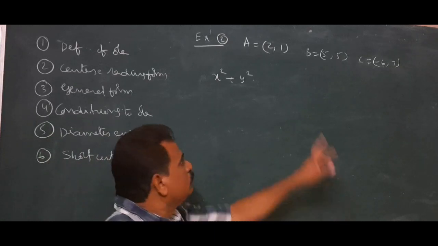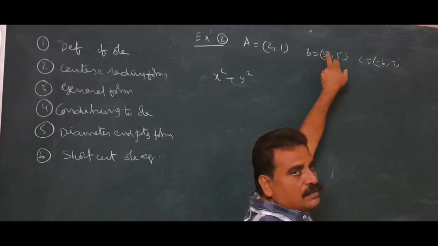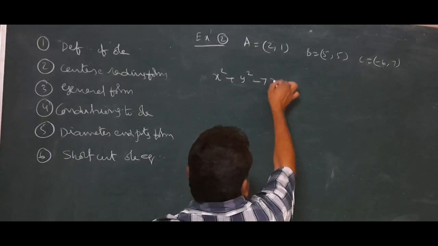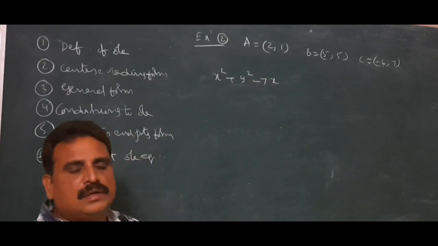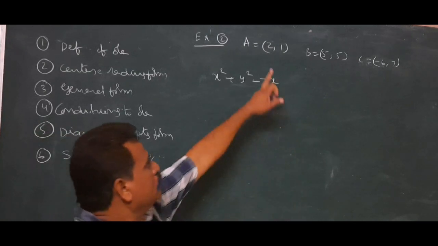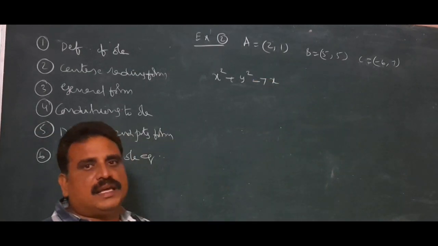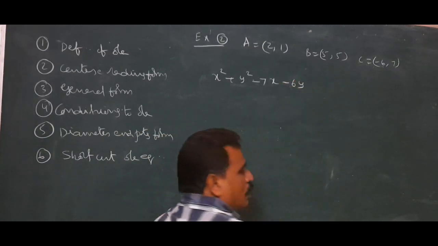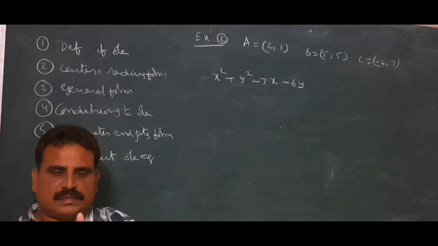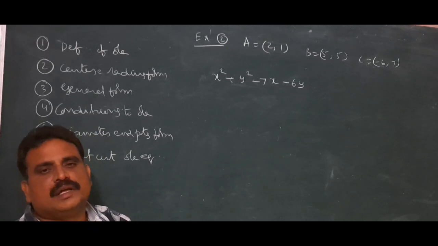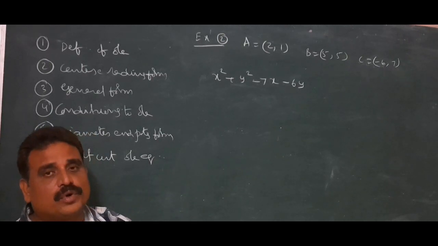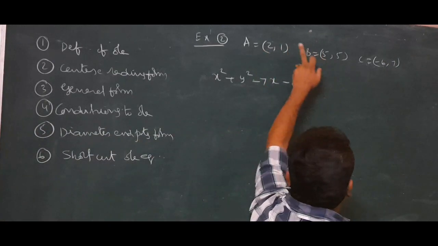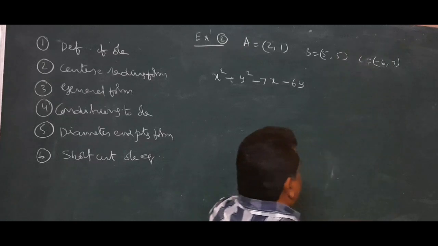Sum of x coordinates, 2 plus 5, 7. Sign change, minus 7. Keep that in mind: minus 7x. Sum of y coordinates, 1 plus 5, 6. Sign change, minus 6y. Thus we get the x term and y term. Next, product of x coordinates, product of y coordinates and their sum. Product of x coordinates 10, product of y coordinates 5, 10 plus 5,